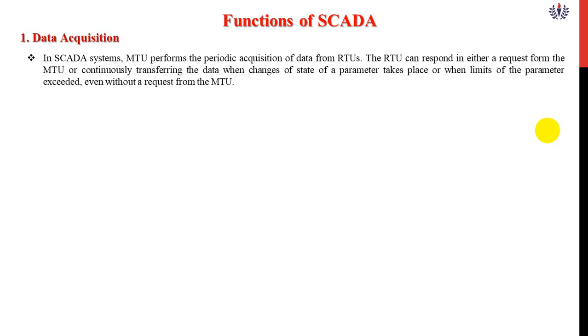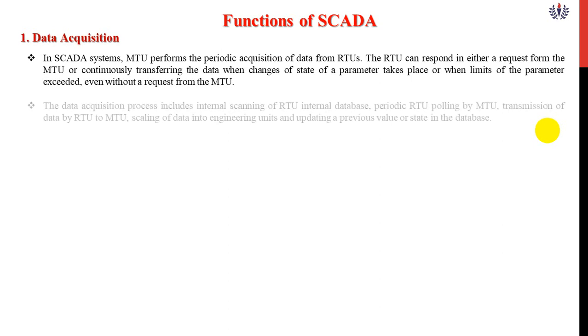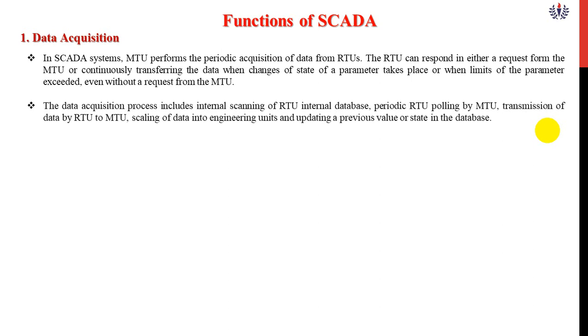That is nothing but a monitoring signal. Based upon the signal, it will give the performance, as well as the parameters. That is nothing but data acquisition. As well as this, data acquisition will scan the RTU internal database. For example, in the RTU there will be errors available. So data acquisition will filter all the errors and send pure digital signals. That is also one of the processes, which will transmit the data from RTU to MTU.